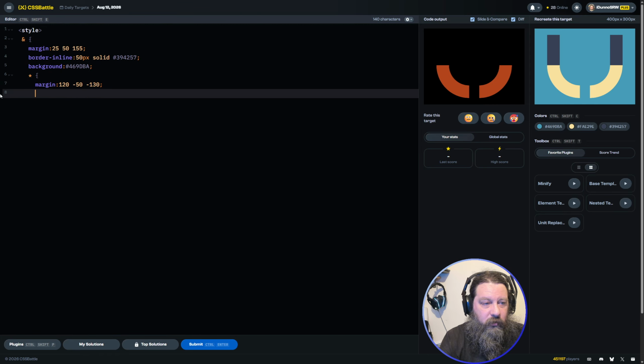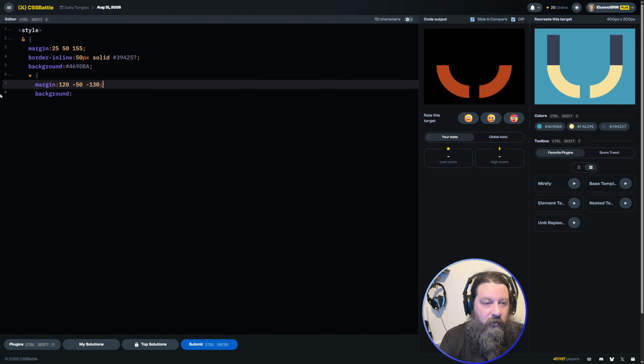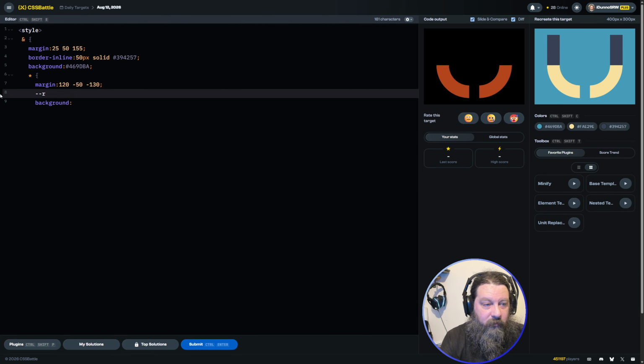So let's do a background. Right, let's define a radial gradient first. We'll call it C. Radial gradient. No. Can we do this? Not exactly as I want to, so hang on. Let's do radial gradient